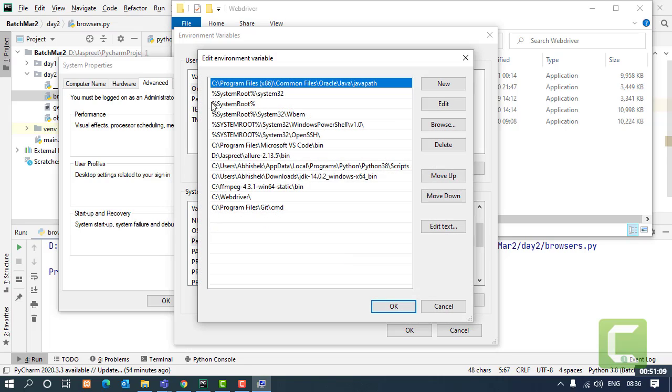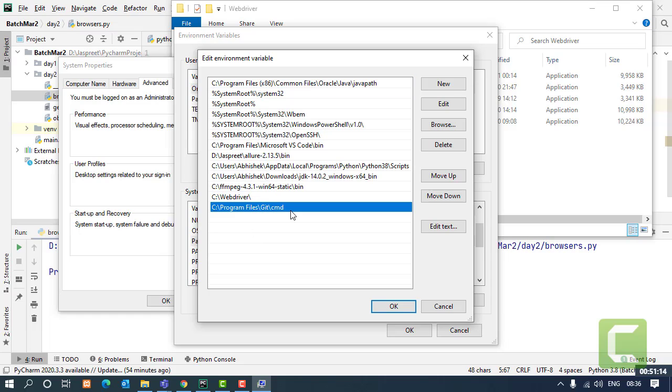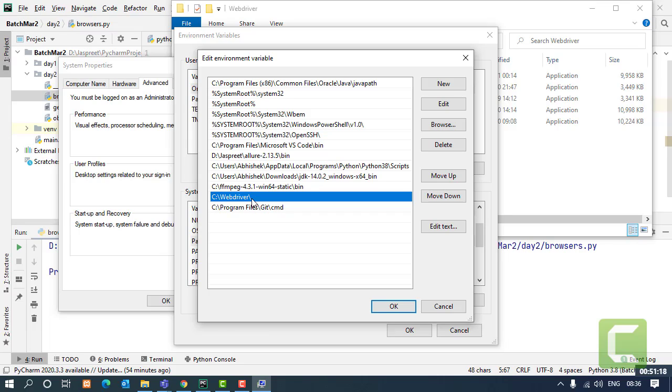Edit that and you'll get a number of paths already existing. Just add the path of your folder in which the drivers are kept, like I have done in the second last line, you can see.